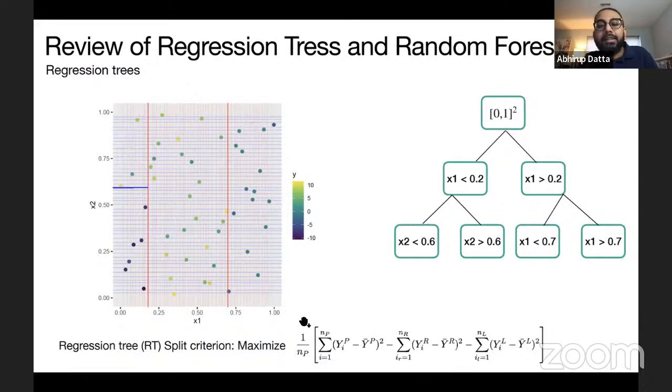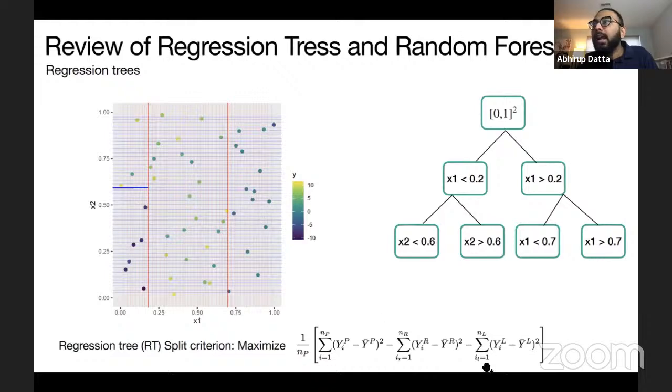At each stage, suppose you're in a rectangle and you want to split the rectangle to create two sub-rectangles. It will calculate the variance of the outcome in that bigger rectangle and the pooled variance of the outcome when you create two sub-rectangles. It maximizes the variance difference between the parent node in the tree and the two children nodes, the right and the left children nodes.